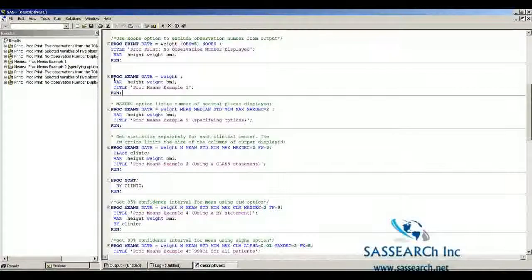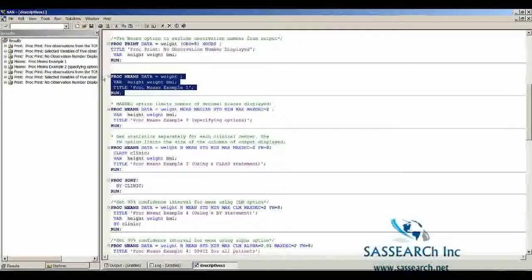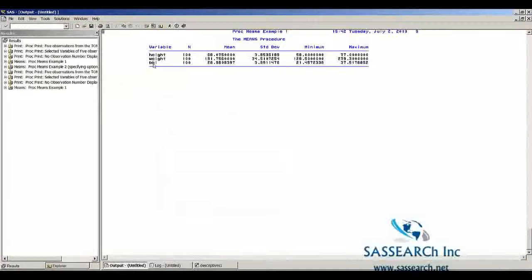Now let's take a look at the proc means procedure. So here we're interested in doing proc means on the numeric variables height, weight, and BMI. And we're going to just get the default statistics for proc means because we haven't specified any statistics in our proc statement. So if we run this code, we see that for the 3 variables, height, weight, and BMI, that